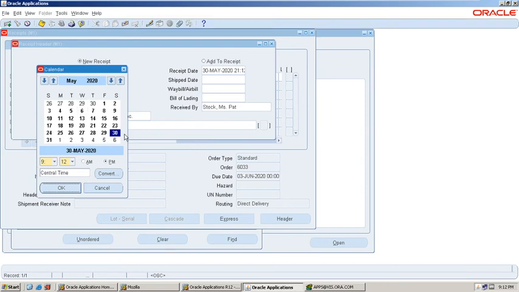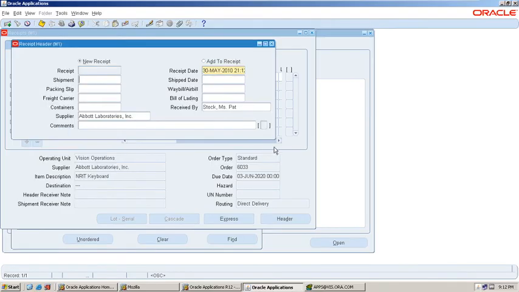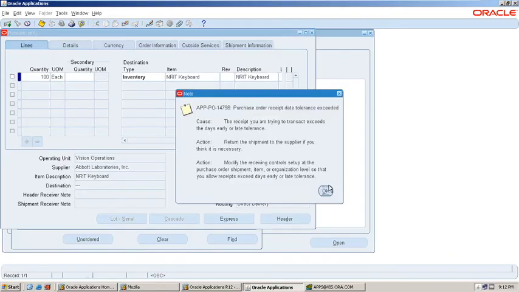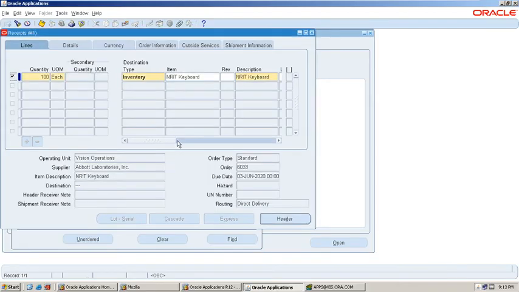Find what the receipt date is. I will enter any date. We can enter a backdated date. Okay.